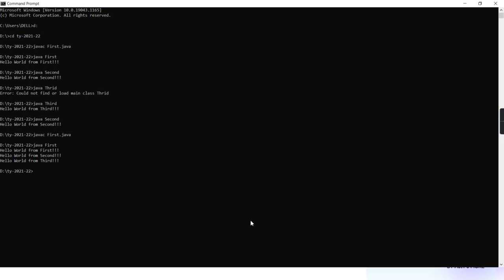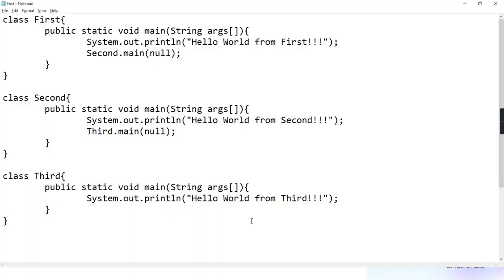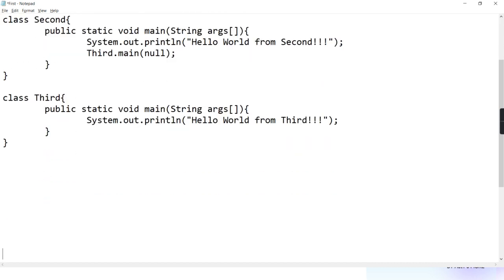Clear? And why could we call main of second and third? Because they were static, and as they were static there was no need to create an object. Can we directly call it in the context of that class name? Because I have told you already, the methods are static, methods are instance. When you create an object and then call that method, and when you write a class name and then dot method, how do you recognize it now? First I have created an object, A ob equal to new A, and then I am writing ob.f. Then this f is which type of method? Instance method or static method?